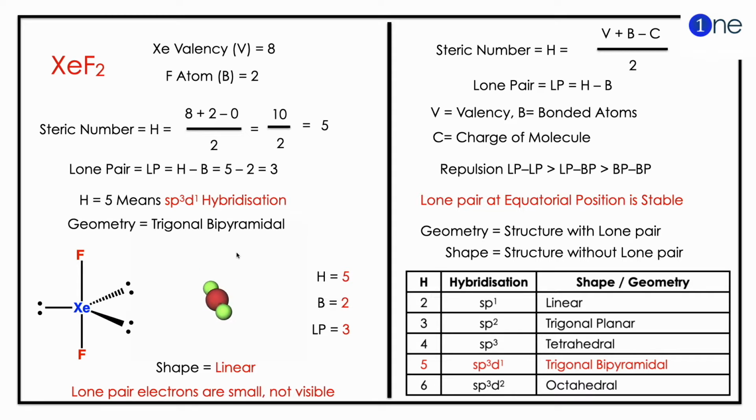5 means, if you look at the table, it's a trigonal bipyramidal structure, but you have only 2 bonded atoms. So where will the lone pairs come? The lone pairs are calculated by H minus B, which is 3 lone pairs you have, so 2 bond pairs